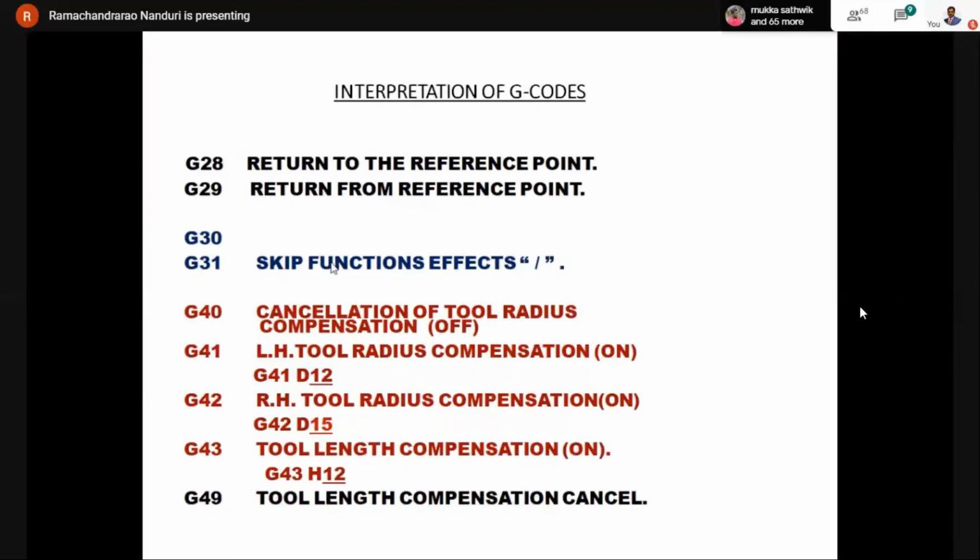Okay. So next is G43. As we have already discussed about tool offset registers, in those tool offset registers, we are having two different values.